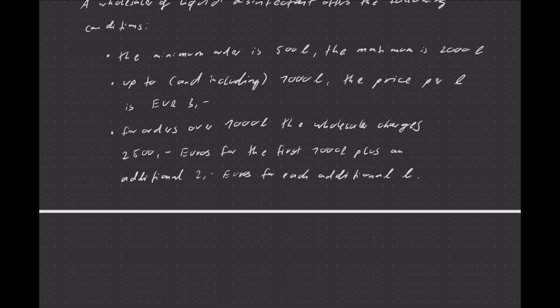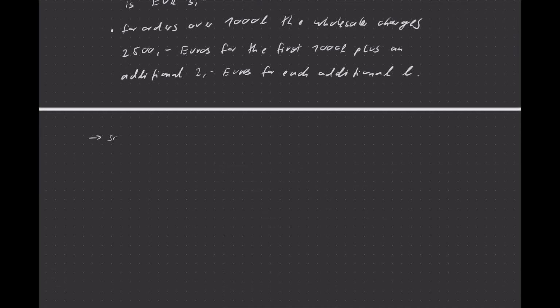Now, in mathematical terms, that means we have a sales price function that is dependent on the quantity of the sales. We call this function f, and it's defined on the interval from 500 to 2,000, both bounds included. And the codomain is R, or let's say the non-negative real numbers. And that function is defined as f of x, where x is the